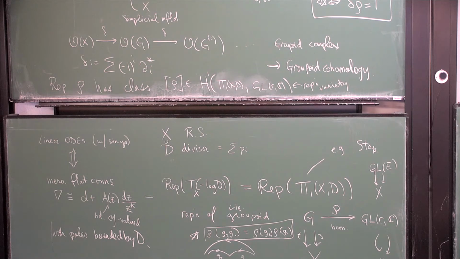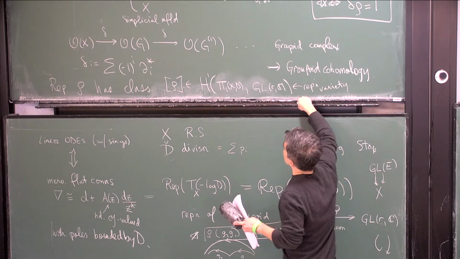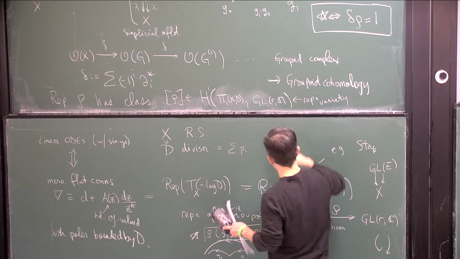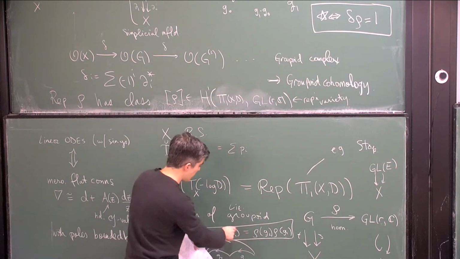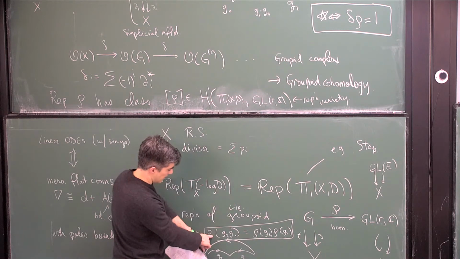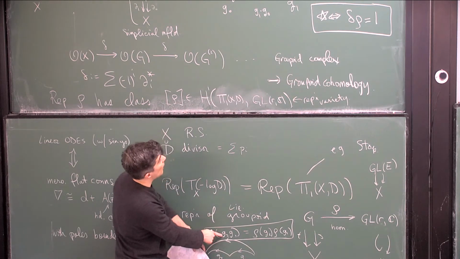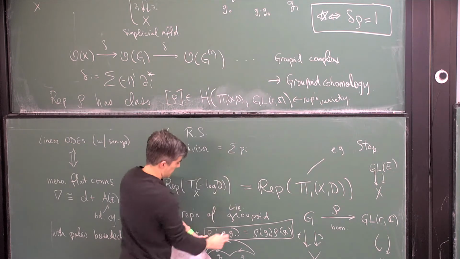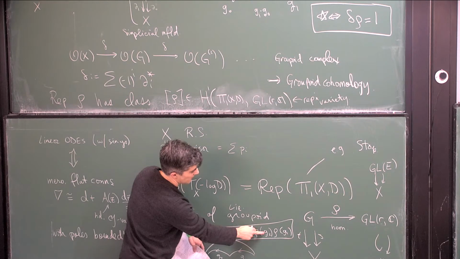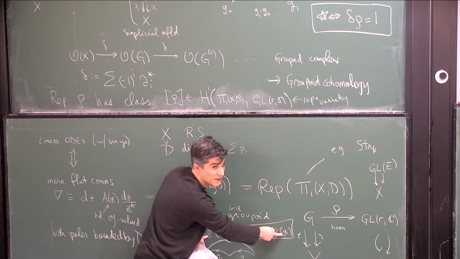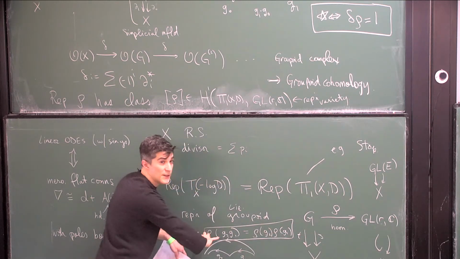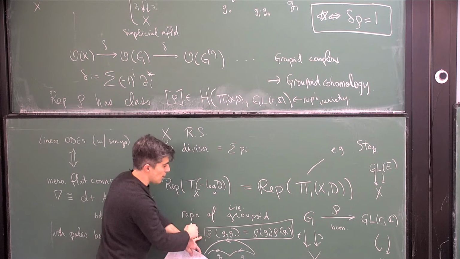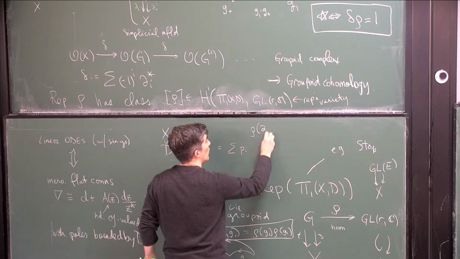Could you please explain again how you get this cohomology class from the representation? Yeah. So it's from this equation. I could think of it as saying that the value of rho on delta 1 is equal to the value of rho on delta 0 multiplied by the value of rho on delta 2. And so if you bring everything to one side, then you're just going to get rho of delta 1